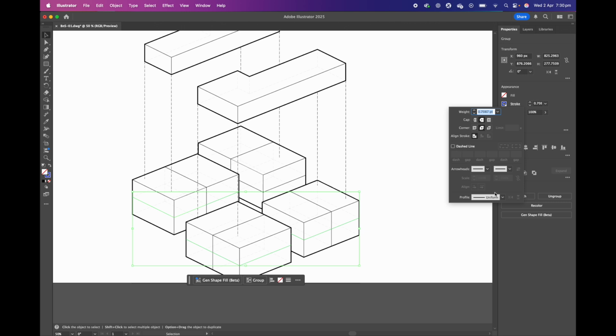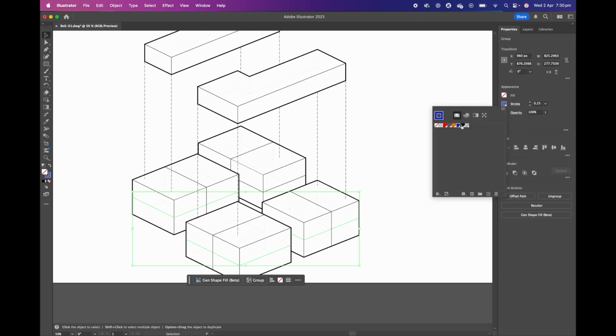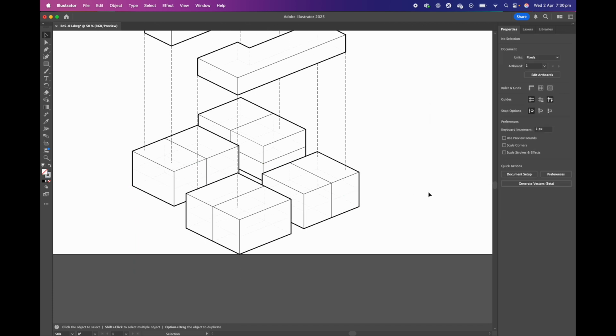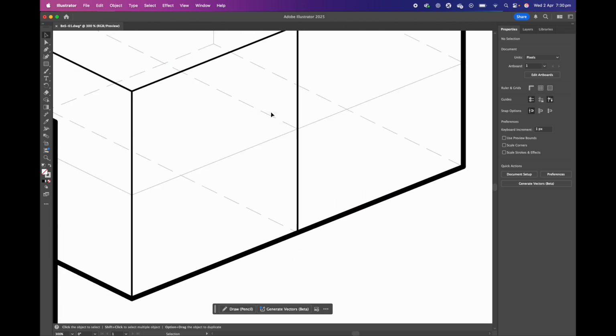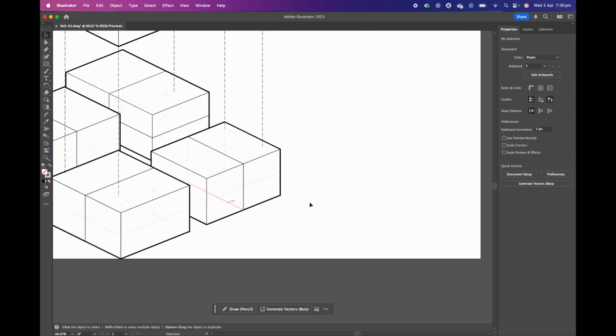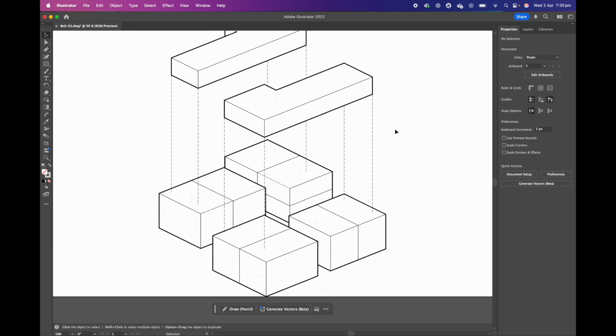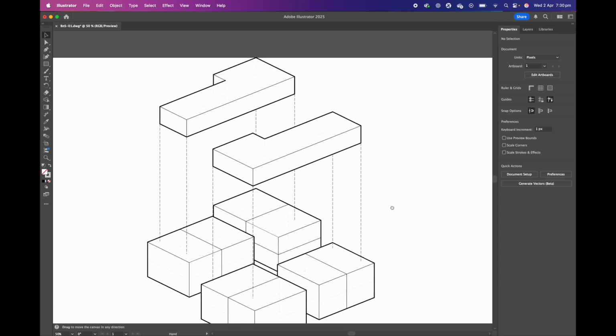I'm going to change it to a light line, like a 0.25. And I'll change the color to one of these grays, but it's not a solid line. It's not a dash line. So you can see it's the same gray as these dash lines internally, but it's just a solid gray line. All right. So we've got something that looks like this, and I'm relatively